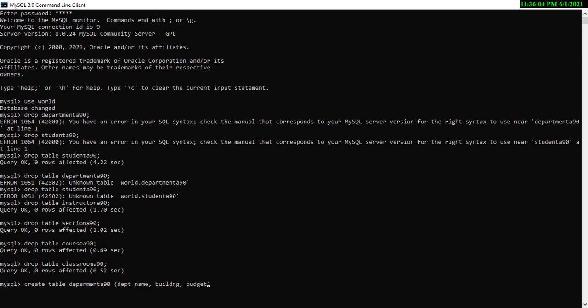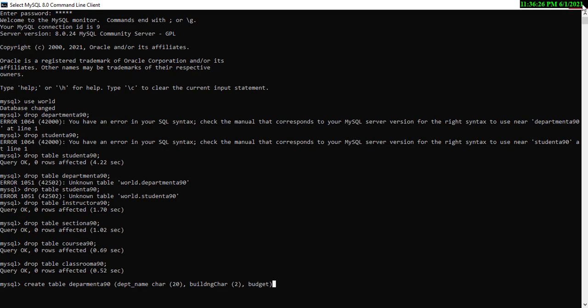Now what are the various data types that I must decide? Department name can be character 20, building can be block A, block B, so it can be character 2.